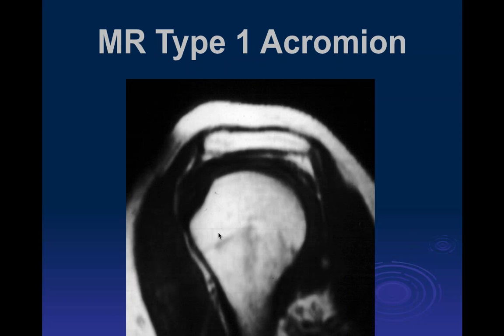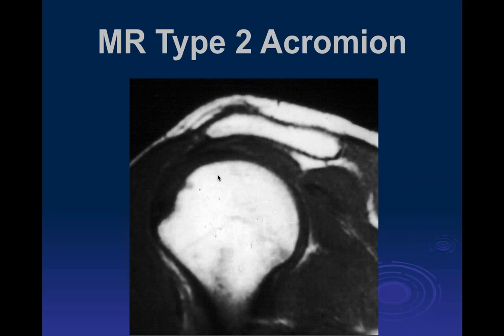So the typing of the acromion was originally done by Bigliani using the outlet view on plain films. The oblique sagittal view is similar, but not exactly the same as the outlet view on x-rays, and we can use a similar typing. A type 1 would be a relatively flat acromion in the sagittal plane. A type 2 is a general curve of the acromion, where the space between the humeral head and the acromion